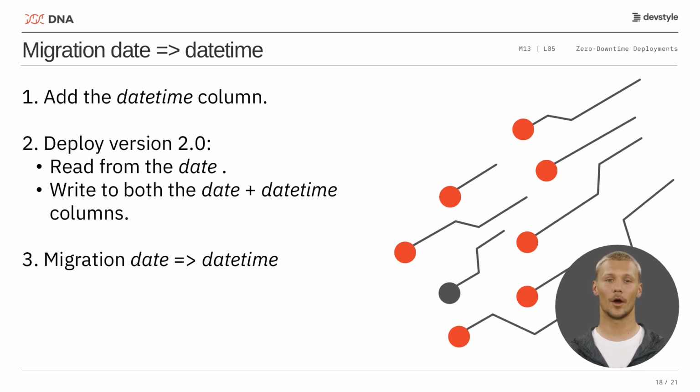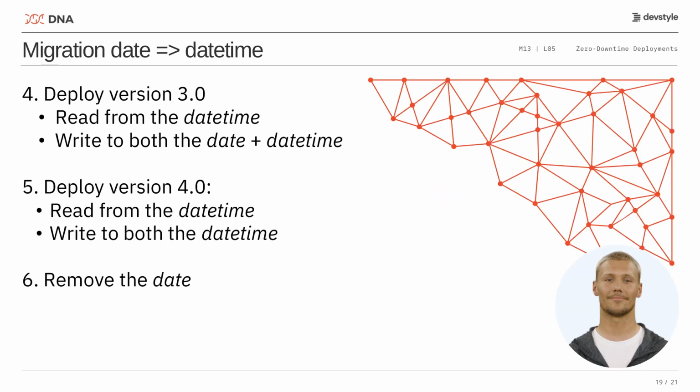Now I can migrate all the pending data in the database by moving it from the date column to the data time column. Once this migration is complete, I know for certain that both the data time and date columns are up to date. Both are consistent. So, I can deploy the next version 3 of my application, which reads data from the data time column, because, as we know, it is up to date,